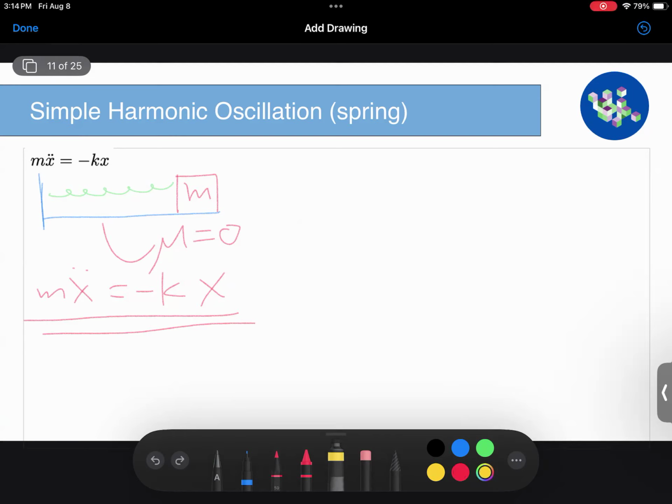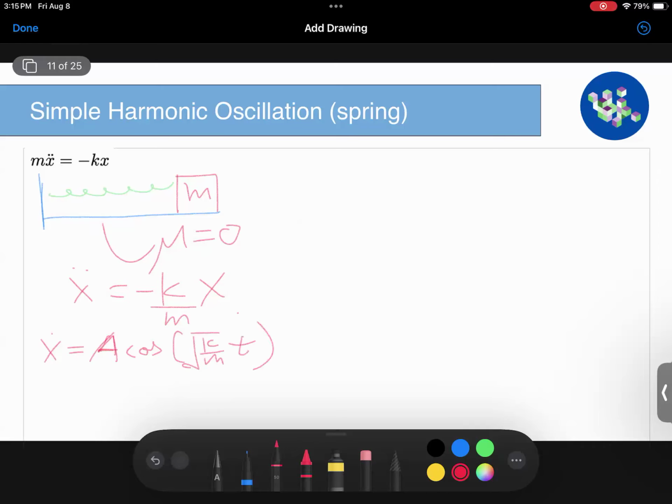If we want to solve this differential equation, let's first move m to the other side. On the right-hand side, I'll write negative k over m times x. And then how do I solve this? Well, notice that if I have x equals some amplitude A times cosine of square root of k over m times t,